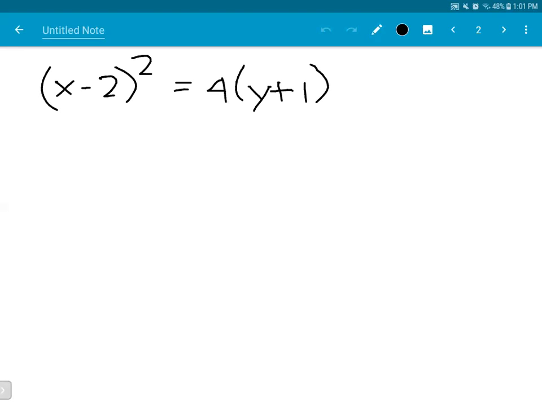So let's start with a parabola that opens in the vertical direction. Okay, opens in the vertical direction because the y is linear. Okay, y represents the y-axis. So if that is linear, then the parabola opens in that direction of the y-axis, that is in the vertical direction. So with that, well, we have to add that it opens upwards because of a positive coefficient here.